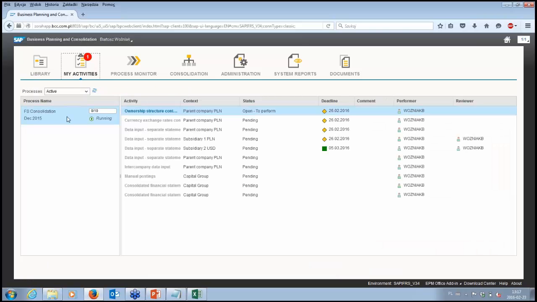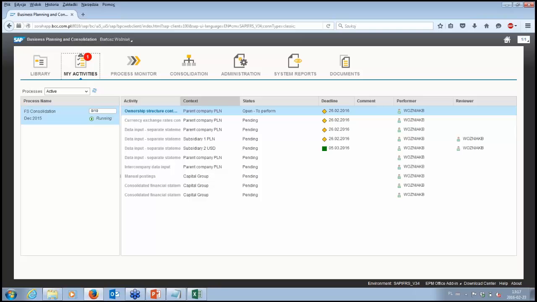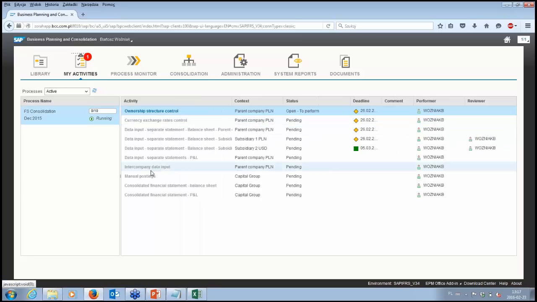So this is the list of tasks assigned to me, which I should perform to go through the consolidation workflow.